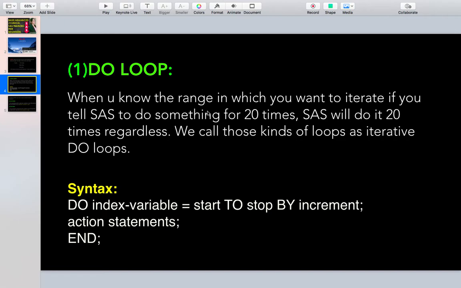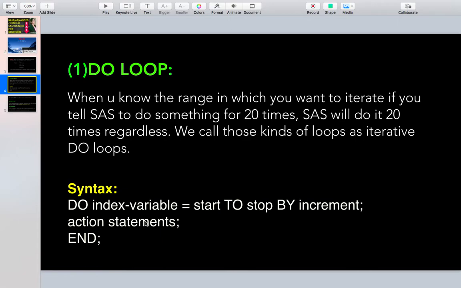We call those kinds of loops iterative do loops. Here is the syntax for the do loops: do index variable equals start to stop by increment, action statements, and end. The index variable, start, stop and end are the requirements in every iterative do loop.